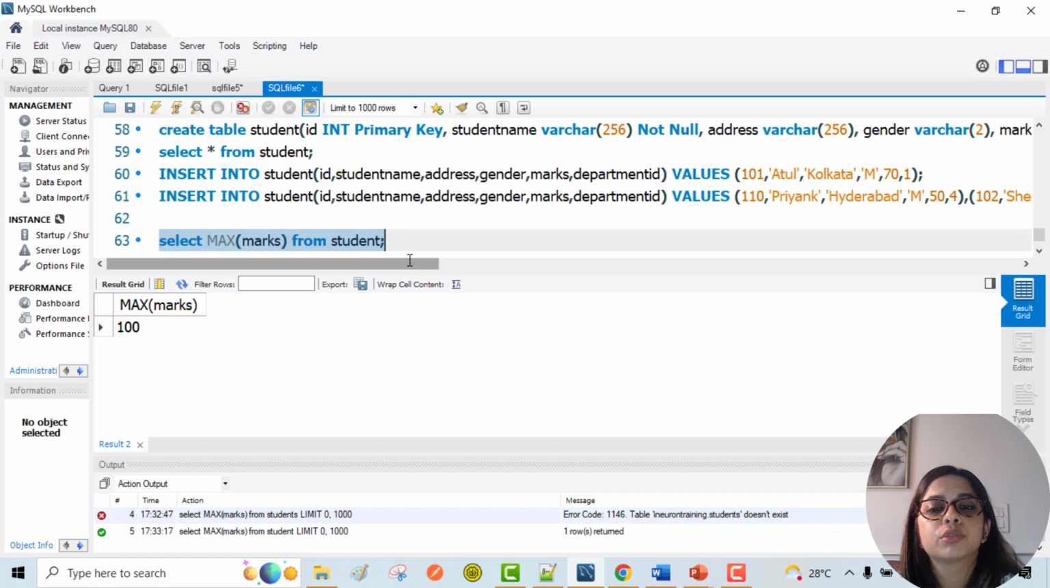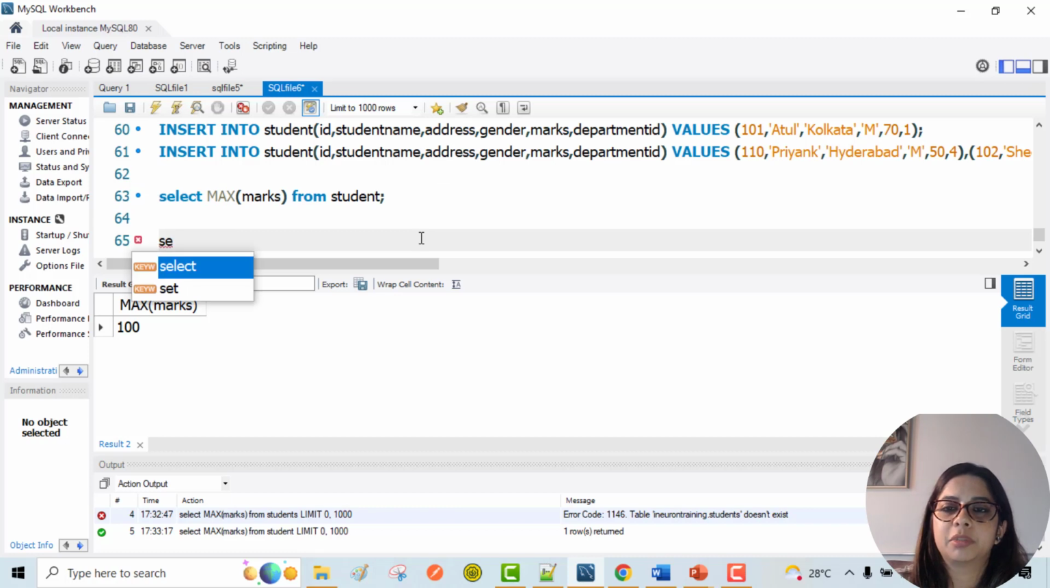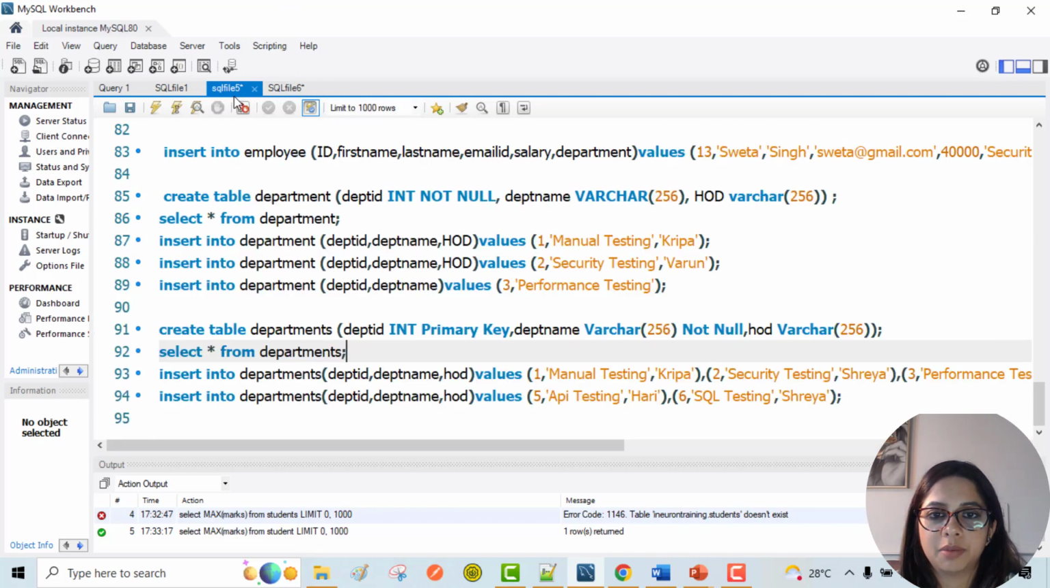Now we want to know the second highest marks in the class. Okay, how do we do that? So we have to find out the second highest marks. So the query for writing that needs a subquery. Let me show you the select star in another tab so that you can get an idea. So select star from student,